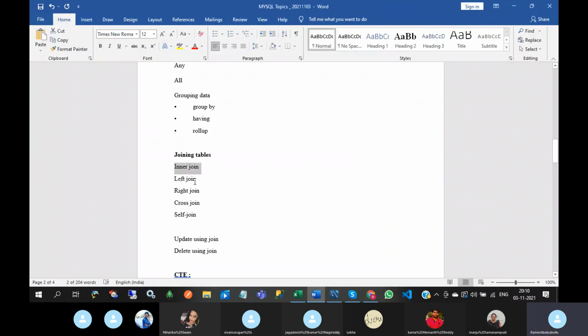Simply, I will write the definitions here. Inner join means matched rows, matched records. Left join means matched records from two tables plus unmatched records from the left table.